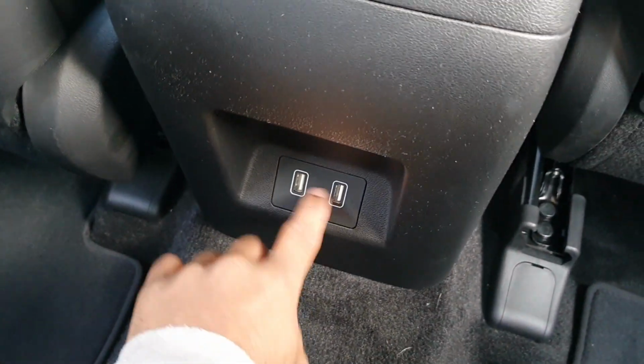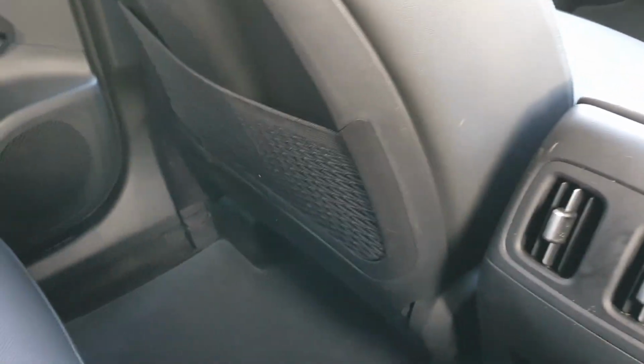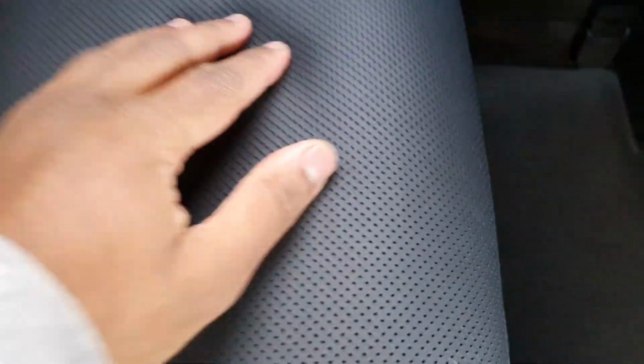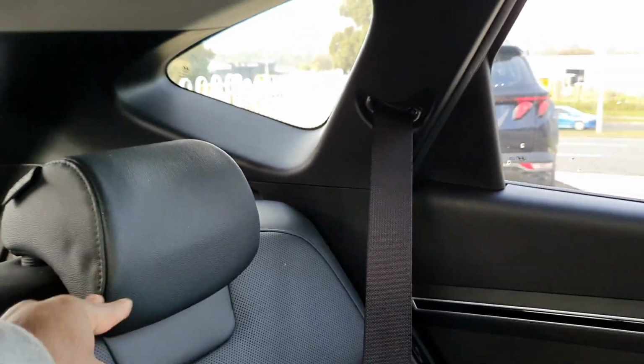You got, looks like, two fast charging USB ports, which is actually interesting because I thought they'd be going to USB Type C, because now everything's all USB Type C. I did show you this, but I didn't get a good close up of it. Armrest, and the seats are pretty much the same as the front, so you can see it's all nicely perforated here and here. You can see got some grey stitching there,